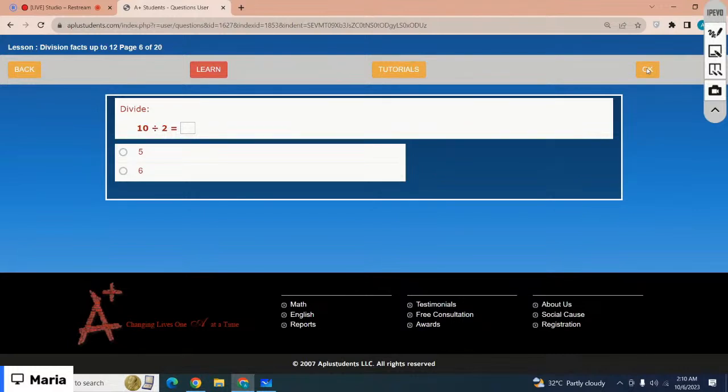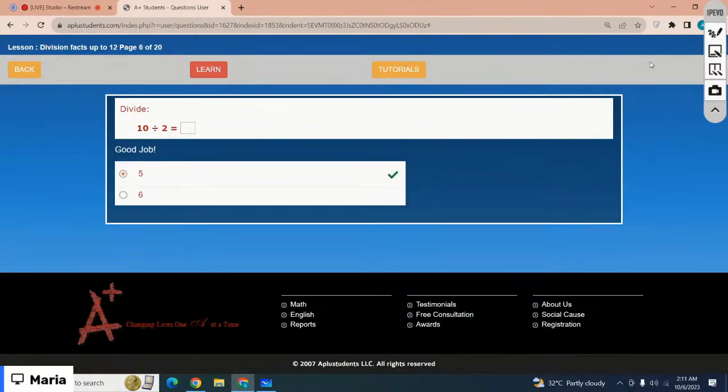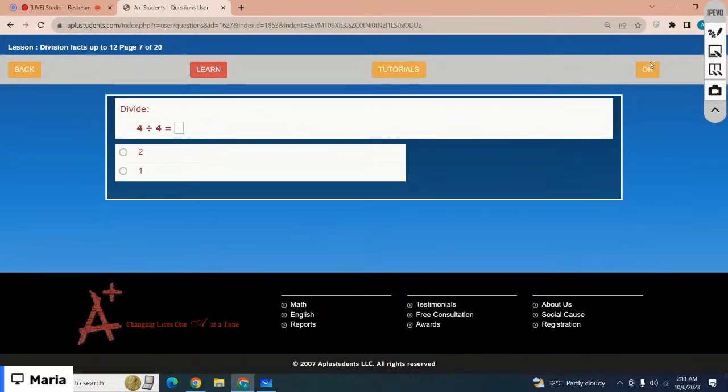10 divided by 2 is 5. The correct option is 5. 2 times 5 makes 10. So the correct option is 5. Okay, 4 divided by 4 equals